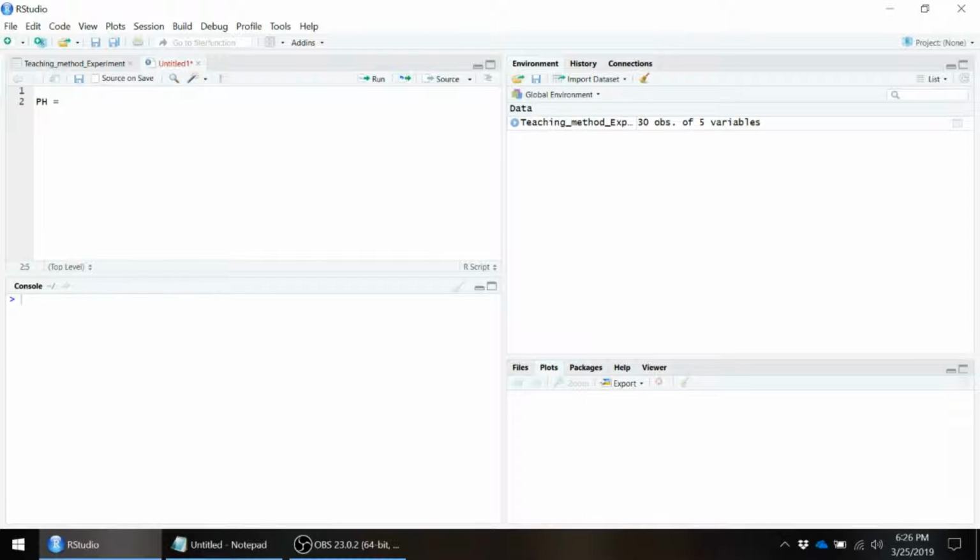So in this case, it's just an R object, let's call it pH, that we're going to set equal to some data that we might actually like the descriptive statistics for. So in this case, we're going to say, okay, let's look at the descriptive statistics for the pretest. Then I create some other R object that allows me to save the descriptive statistics as I calculate them. So in this case, it's going to be the descriptives of